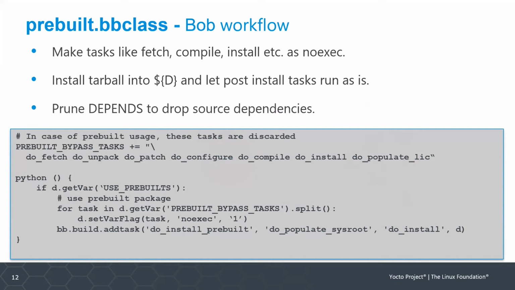This will have all the tasks which are source dependent, for example, the tasks which do fetching, unpacking, patching, configure, compile, install. All these tasks will be marked as no executable, and after do install, a custom task called do pre-built install will be introduced. This task will run after install before populating the sysroot.